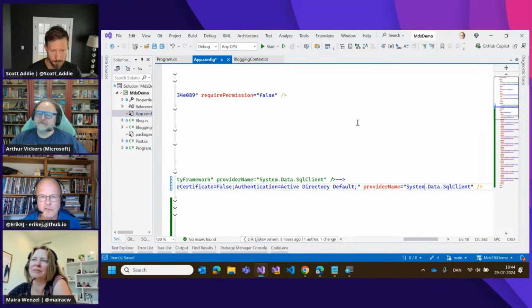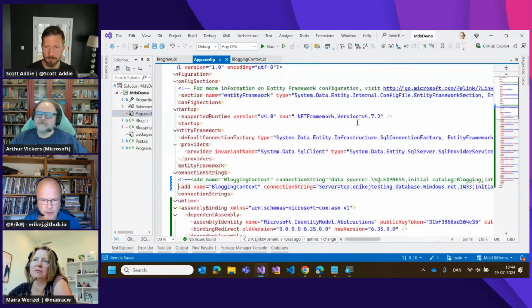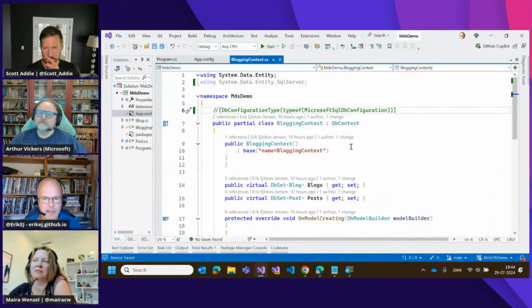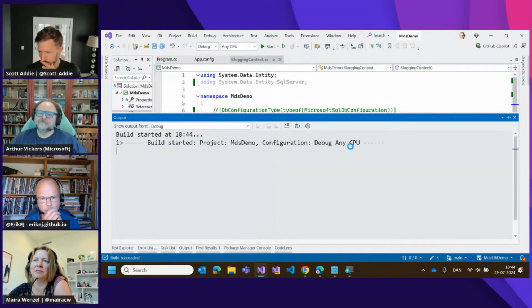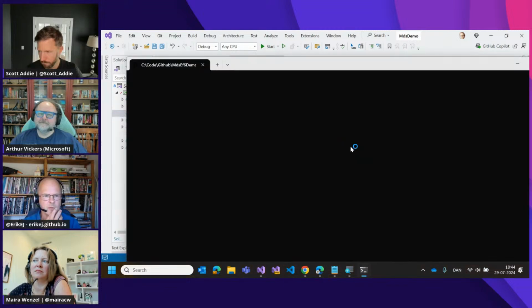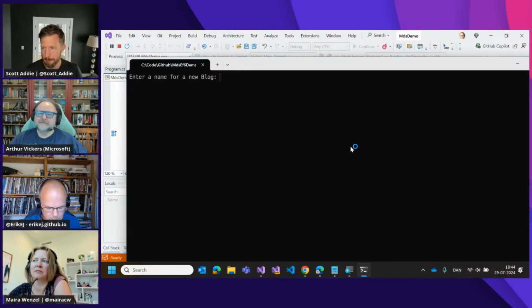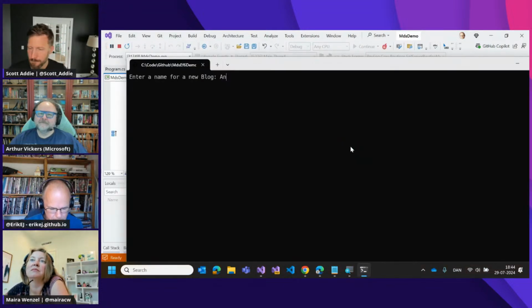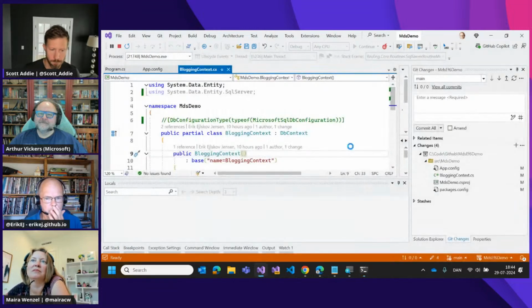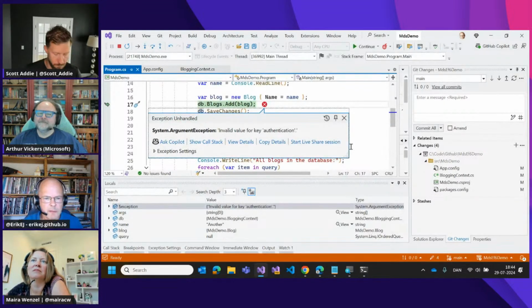So now let's say we are in a situation that we want to use this Azure SQL database, and we don't want to store credentials anywhere, but we are still on System.Data.SqlClient. What will actually happen? What kind of error can we expect to get here? So, boom, invalid value for key authentication.